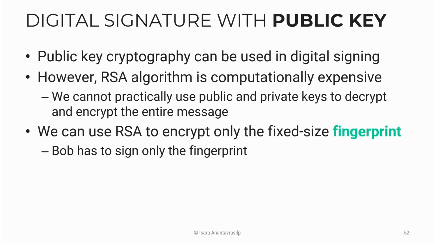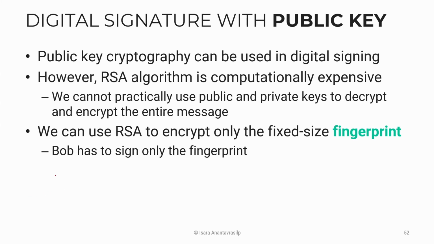Using RSA to encrypt the data and use it as a fingerprint is the classical way to generate a signed document. However, RSA is not very efficient because it is quite slow, and the resulting encrypted message tends to get large quickly. So instead of encrypting the entire original message, what we could do is apply a hash function over the original message. As a result, we're going to have this fixed-size fingerprint, and we encrypt that fingerprint instead.